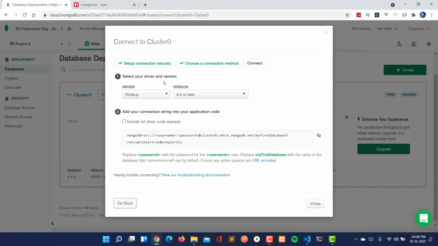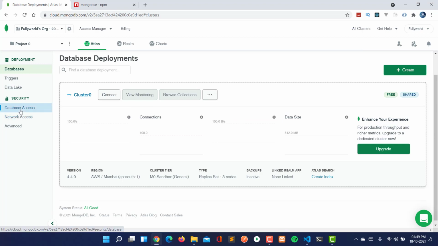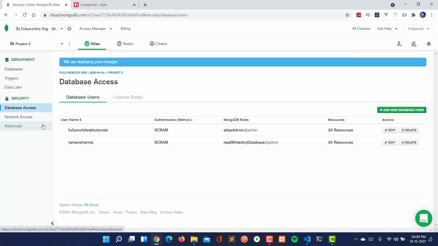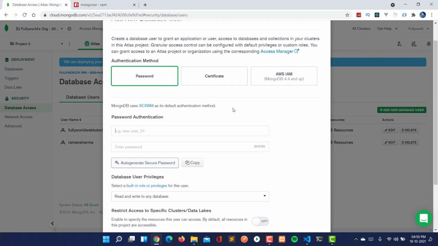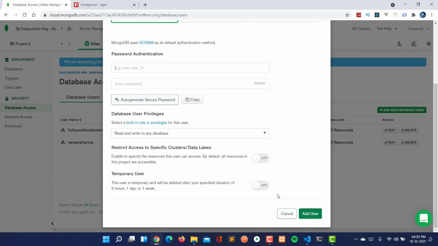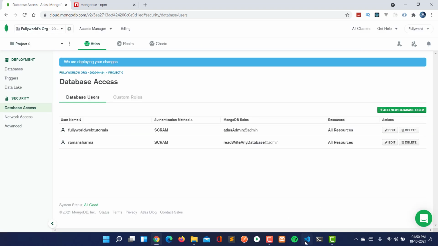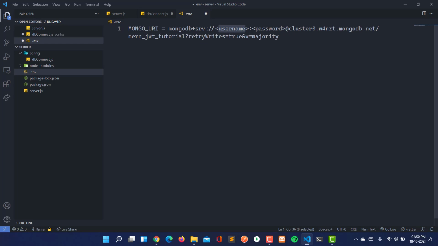So from where can you get the username and password? Just close this and go to Database Access. In Database Access, you will see the usernames, and you can also edit the password. Otherwise, you can add a new database user. I'm going to put the username and password here.